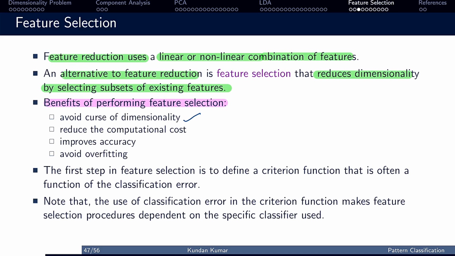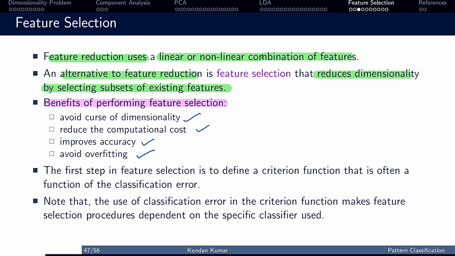It also reduces the computational cost of modeling a classifier. It also improves the accuracy of the classifier, and feature selection helps to improve the generalization of modeling by avoiding overfitting. For any feature selection approach, first a criteria function is to be defined, that is a function of classification